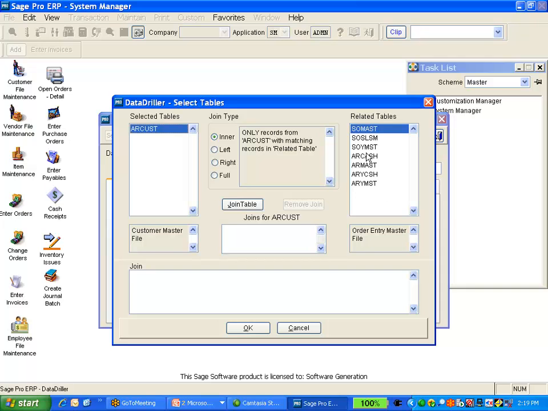If you're interested in getting a little more detail about how that works, I'm glad to show you how to get into that and get into joining these tables together. But for our example, we're just going to pull data from the customer file. We're not going to relate it to any of these other files. The sales order master, the